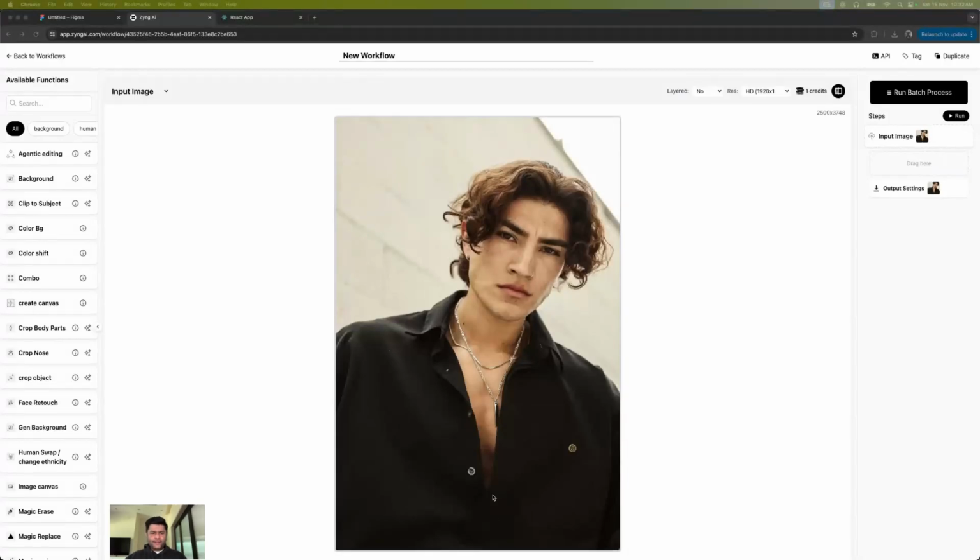Hi guys, in this video I'm going to show you a little bit about how you can use a human swap and change ethnicity function. A lot of times we have requests where we just want to swap the faces or we want to change the model completely, and this is exactly the function that's going to help us. As soon as you enter the workflow mode, you'll be able to see the human swap and change ethnicity function